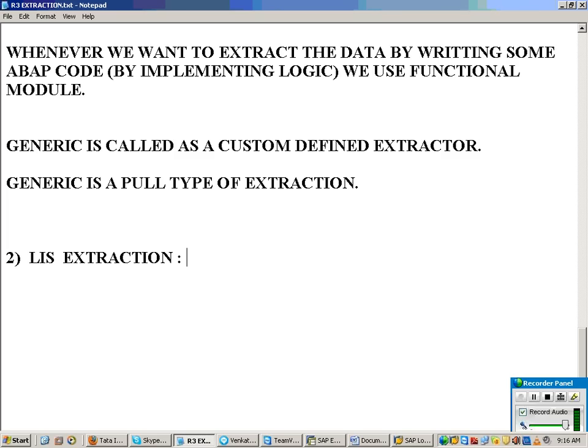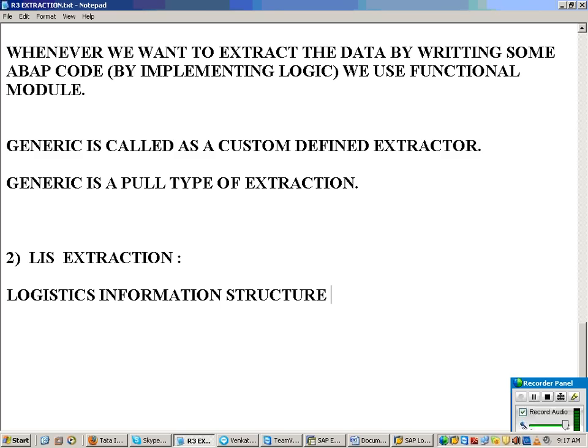When it comes to 7, no one uses LIS. It has some drawbacks. LIS stands for Logistics Information Structure.